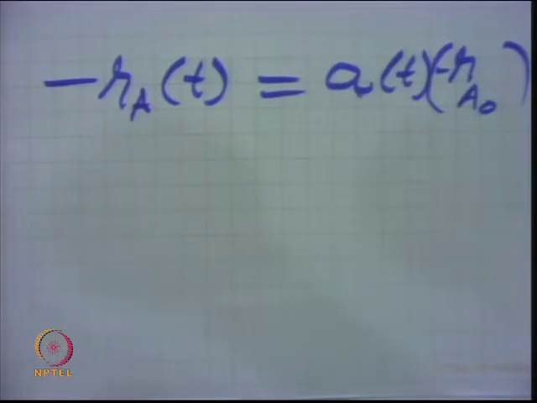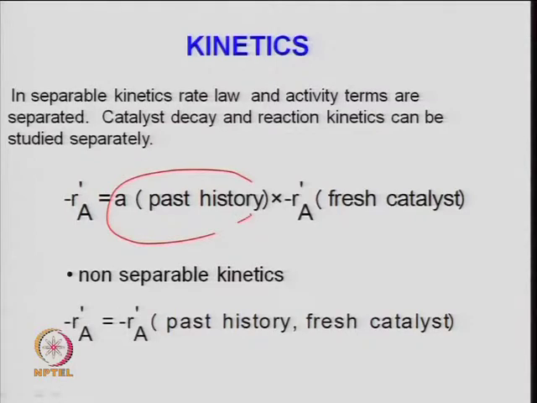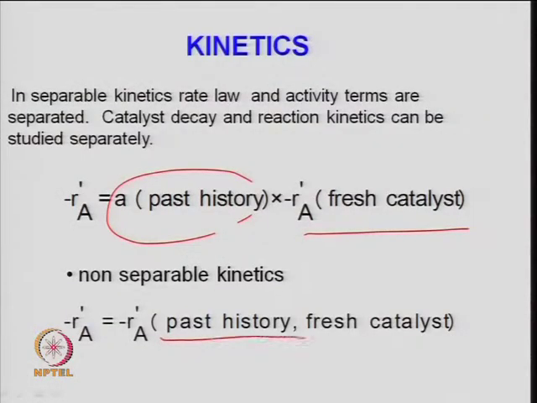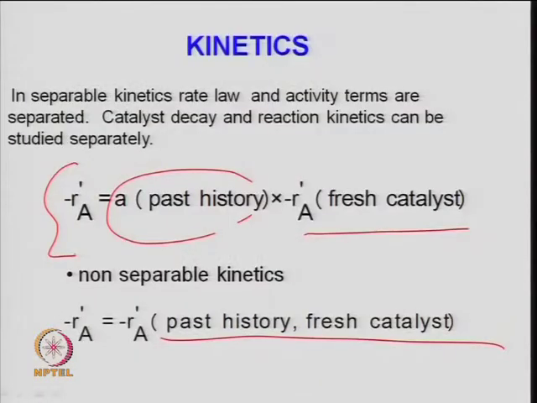The rate expression in general can be defined in two ways. One is known as separable kinetics, where the deactivation function is independent of the geometry or property of the catalyst. In the second case, when the deactivation function is related to the property of a catalyst, it is a kind of non-separable kinetics. In this case, most of the time we talk about a deactivation function separately and the kinetics of the main reaction separately, and then we analyze. Otherwise, one needs to find out the surface property of the catalyst with time on stream, and then correlate it with the activity of the catalyst.